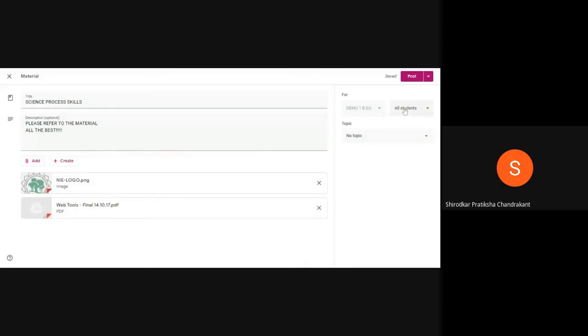And next to that is all students. Since I have only one student, that's me, registered for my own class, I can select all students. This is a provision given to the teacher. Suppose I want to send this material or assignment only to a few students of the class, then I can choose by clicking in the check box the students to whom I want to send the material. If not, I can click on the all students option. If I click on all students, it will go to all the students.